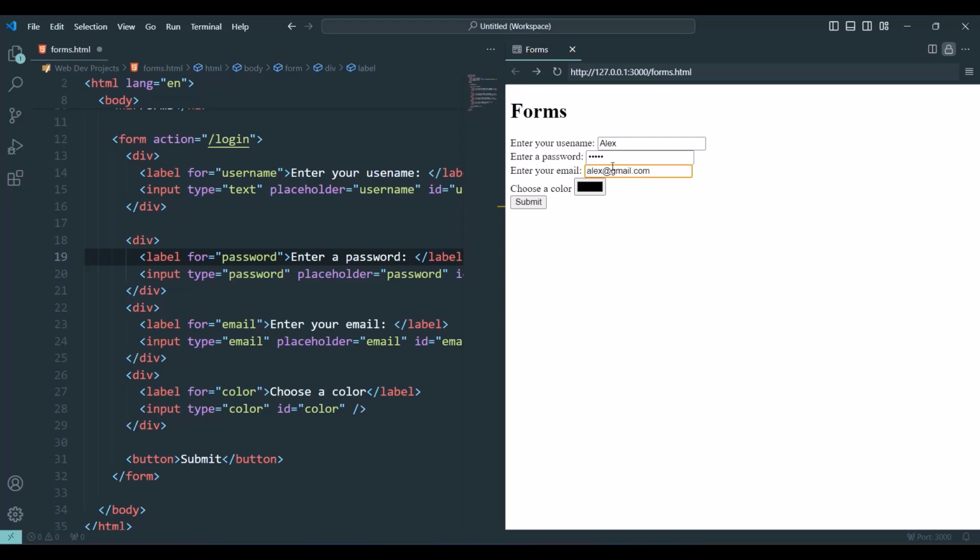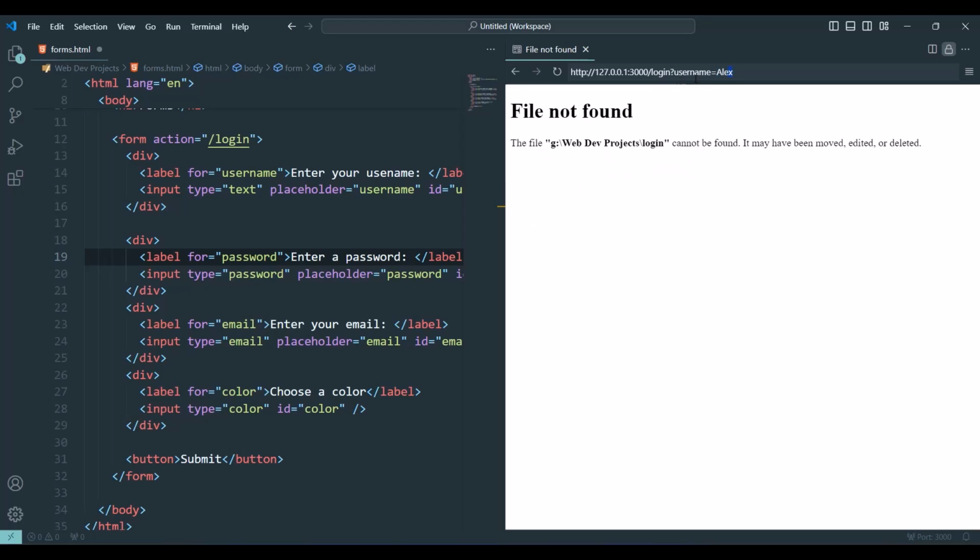If you don't put the @ sign, we're going to talk later in a separate video about how we can control those things. Like if I click submit, it says please include the @ in the email address. So let's put @. Let's click on submit, and now we have username. As you can see here, we have the form, we have /login, username, and we have the name. You have username equals to Alex.